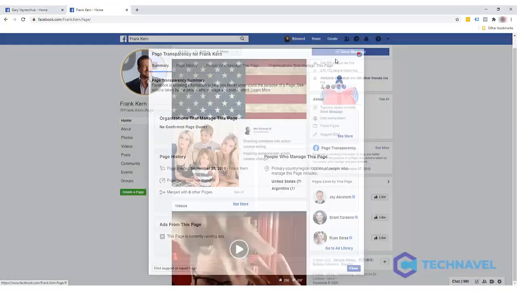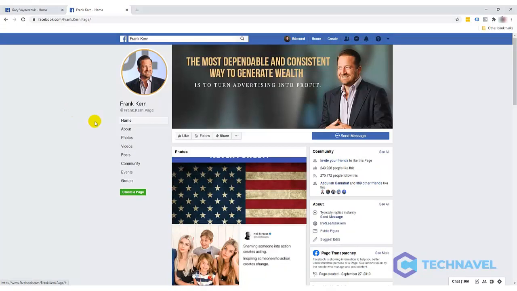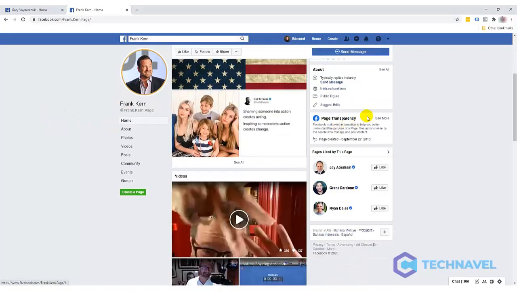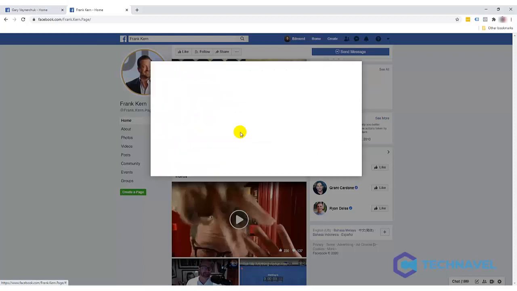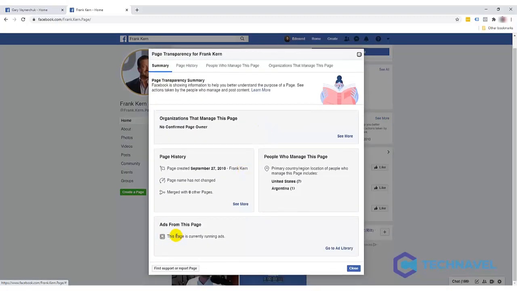So let's go check out another example. This is by renowned internet entrepreneur Frank Kern, and let's take a look at page transparency again. And you can see that this page is currently running ads. So if you want to take a look at what kind of advertisements that this page is running at the present time, we'll click on Go to Ad Library,